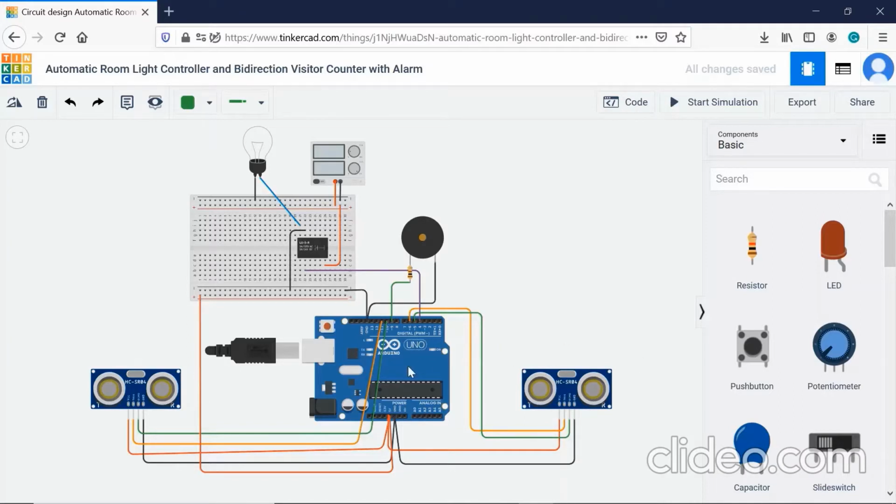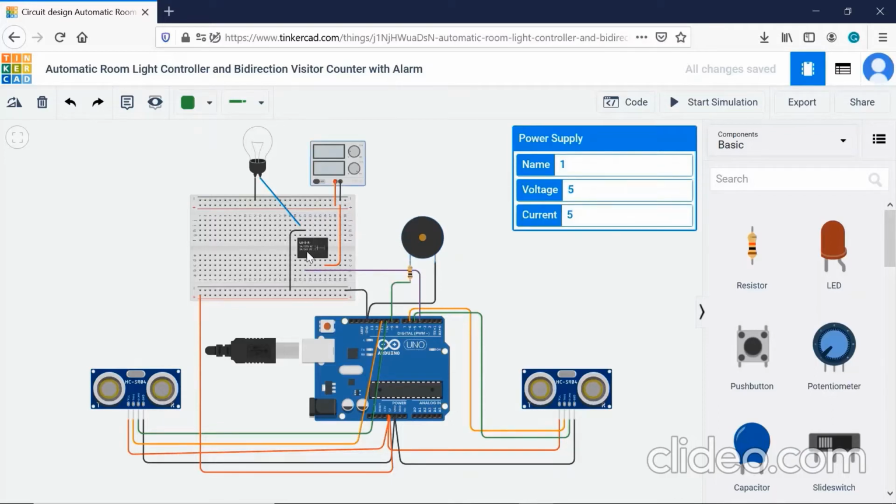For this, I have used an Arduino Uno board and two ultrasonic distance sensors. When somebody enters, the person count is incremented by one, and this light bulb is switched on. And in the reverse way, when somebody leaves the room, then the person count is decremented by one. And if there is no one inside the room, then this light bulb will be switched off. Also, this piezo speaker will be turned on when the capacity of the room is exceeded, so that the person can't enter inside. And it has been connected through a resistor. Here is the power supply and the relay.